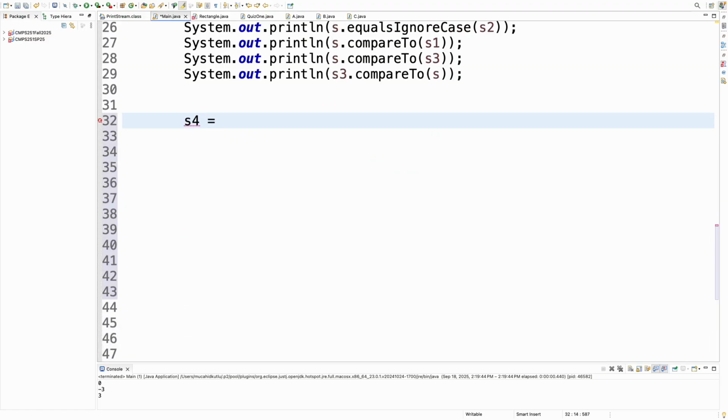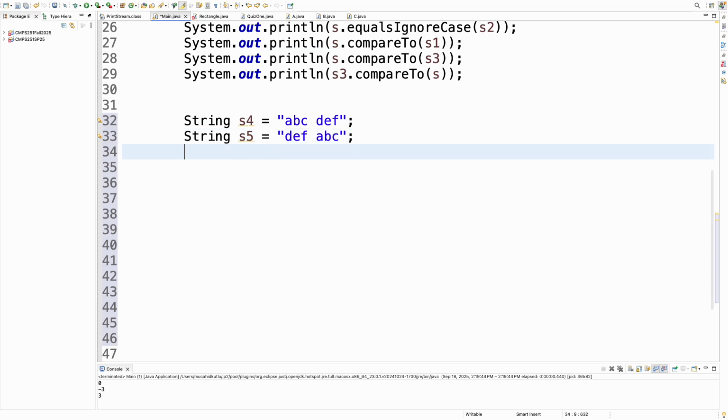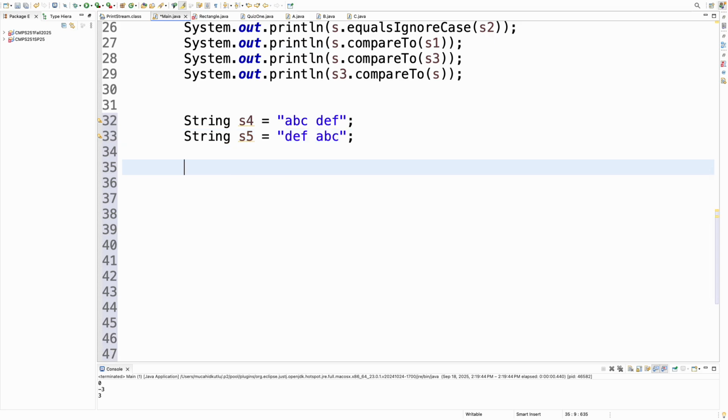So let's say that we have this S4, which should be, of course, a string: A, B, C, D, E, F. Then I have also S5, and then I would say D, E, F, and ABC. So they are not the same strings. But what I want to do is,